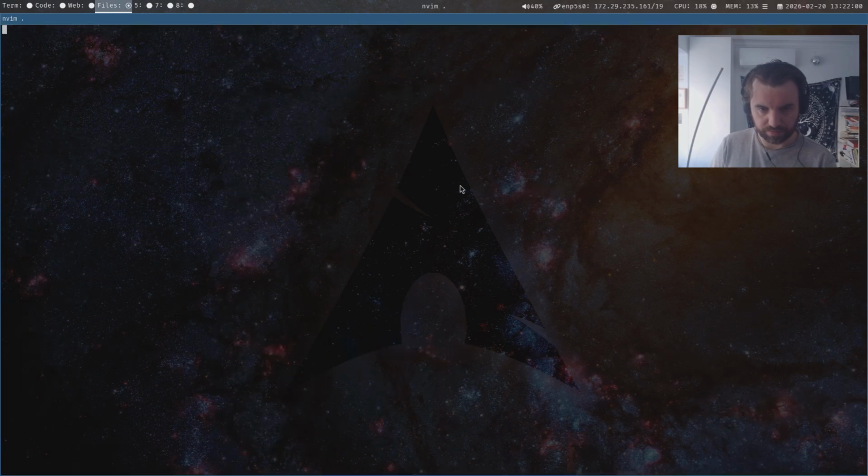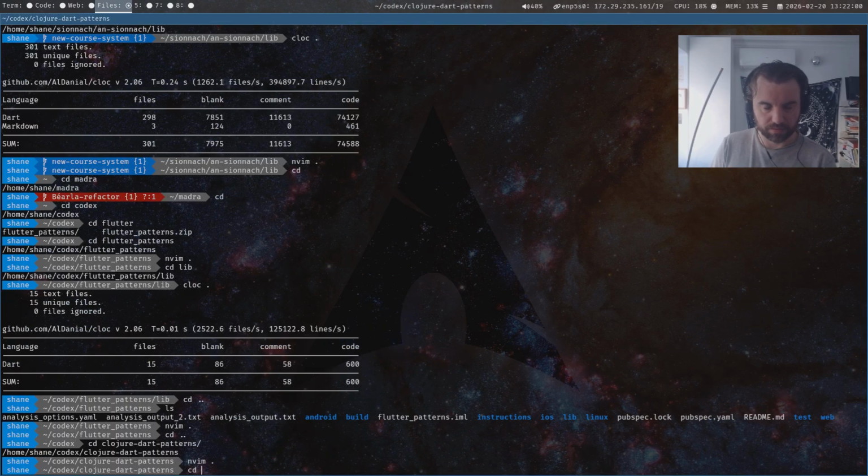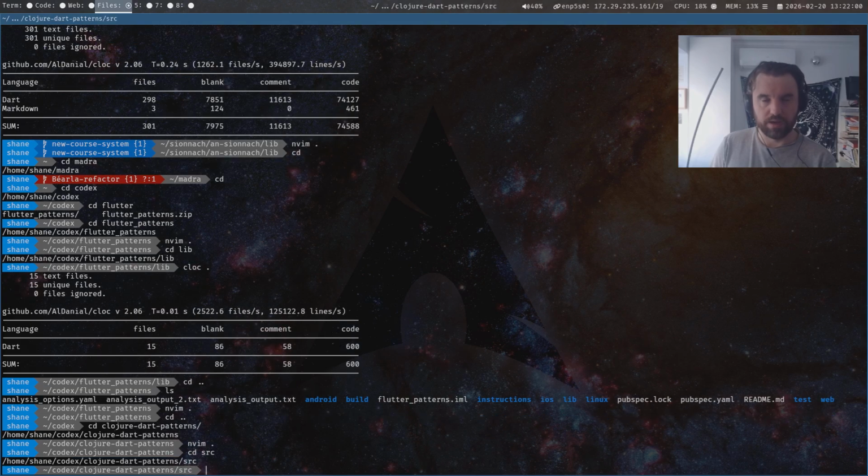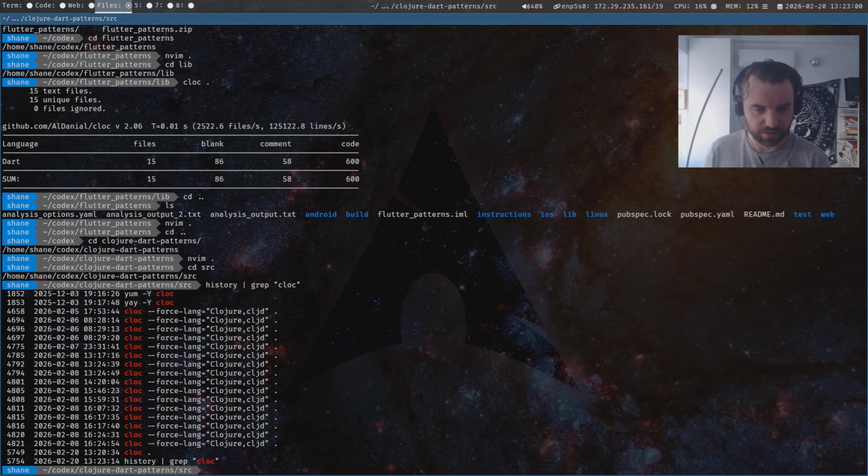So if I go back and go to source, and here if I do clock, I can't remember this command, it's something like -m maybe. Clock history, I need to give it the command to tell it to read the ClojureDart files. Yeah, fourth line. I wasn't going to remember that.